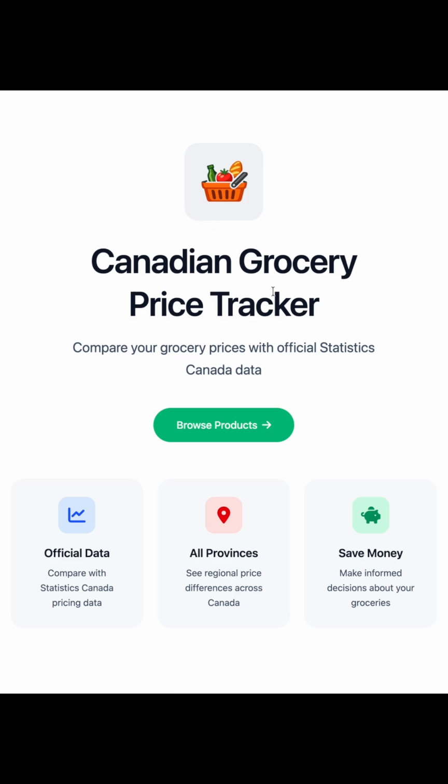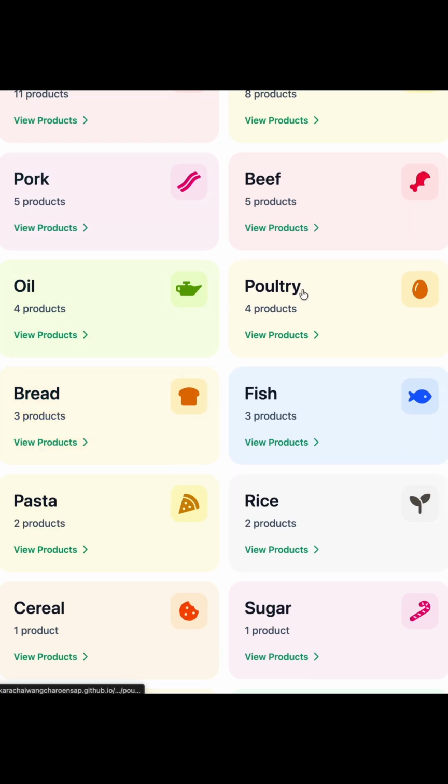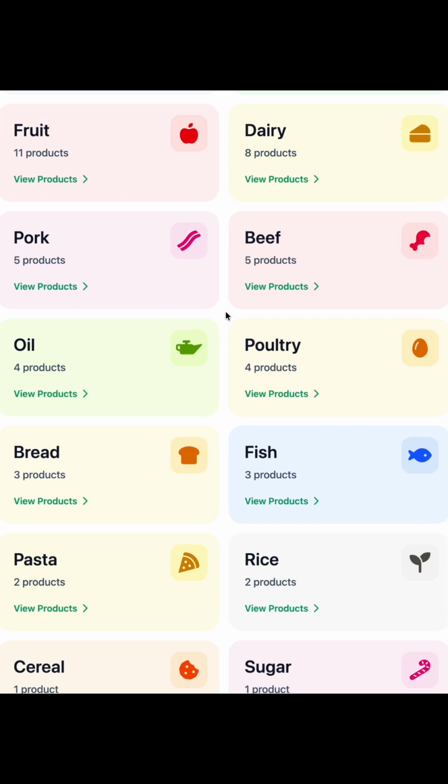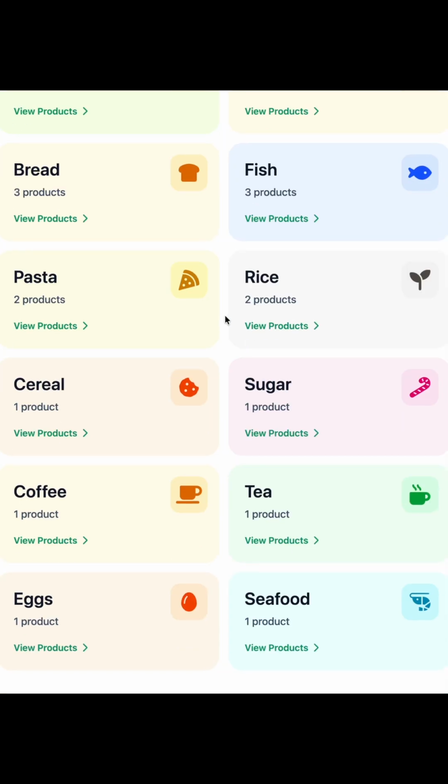In any case, this web app is a very simple app. Here you click browse product. You see different product categories, right? Just as a notice,